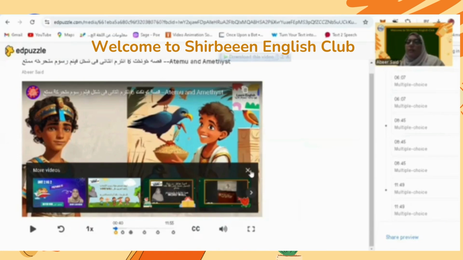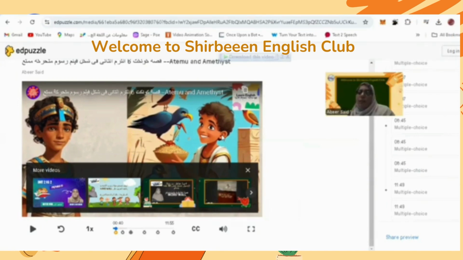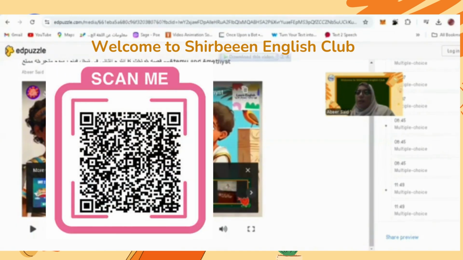Of course, this is very, very important for our Azhar students because we have the story included in the questions, okay? And this is very good for reading. You can find the complete story in the QR code. This is one of the most important activities that we did. All the animations and cartoons were made by us. And of course, we used Edpuzzle and added the questions.